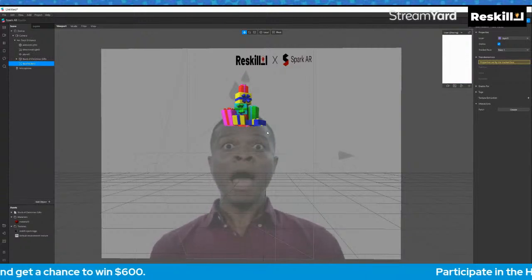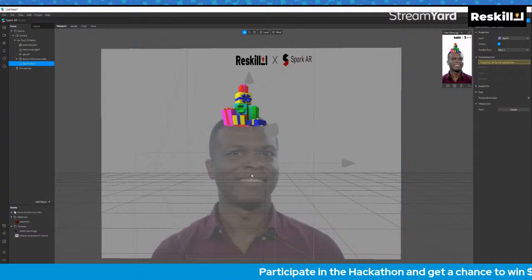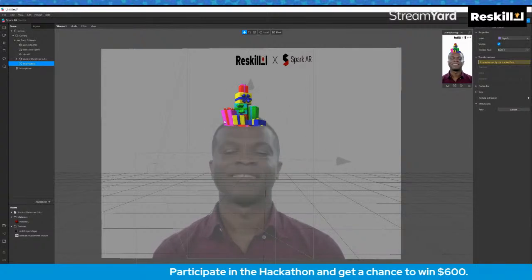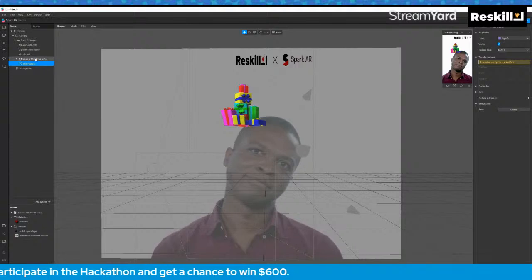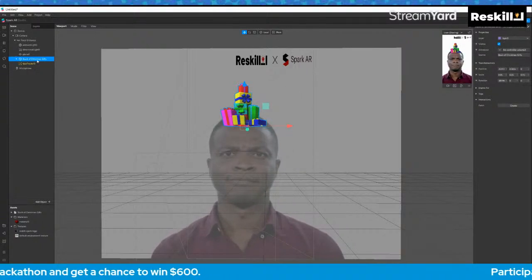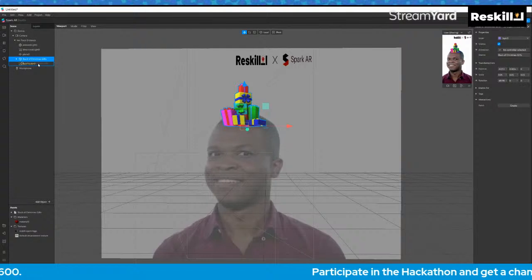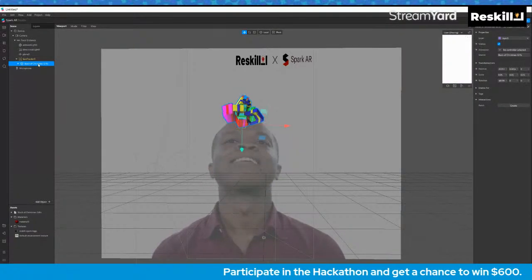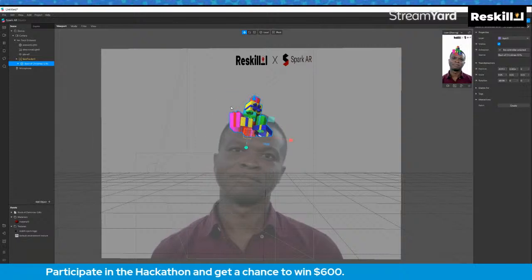Like these three coordinates have appeared on the screen, and they are moving with the head movement, but the gifts are not even moving with the head movement. So how to do that? So what I will do, I will choose the stack of Christmas gift. I will drag and drop it inside the face tracker zero. So now what we see, that the gifts are moving with the head movement,